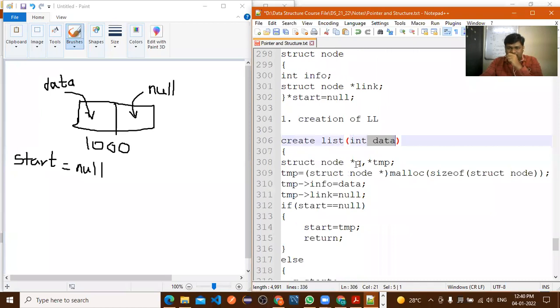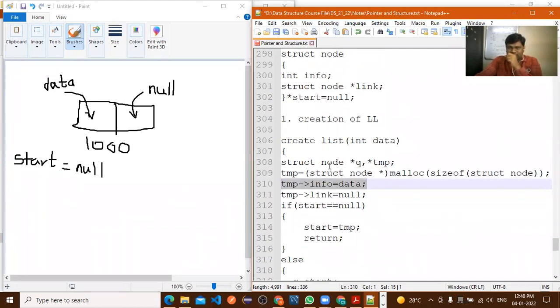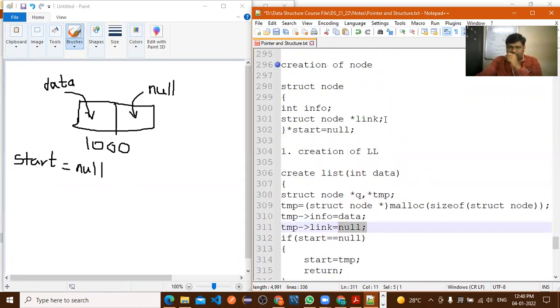Struct node: these two pointer variables we have created here, and for one pointer variable we have assigned the memory by using the malloc function. After that, we have assigned the data to the info field and the null value to the next link field.